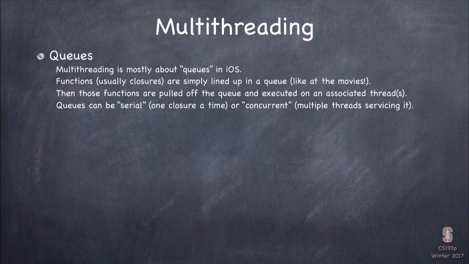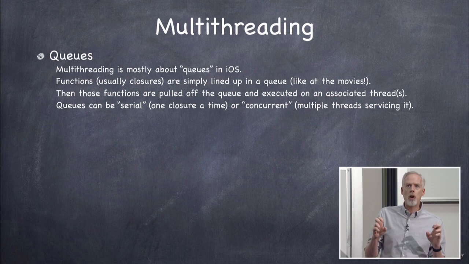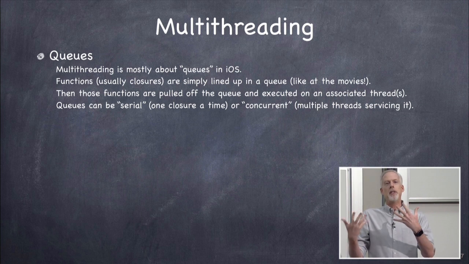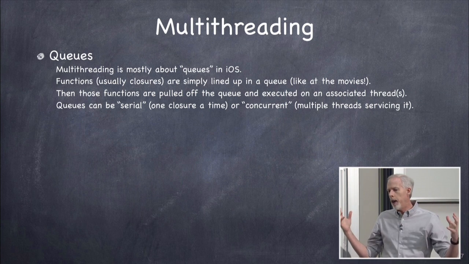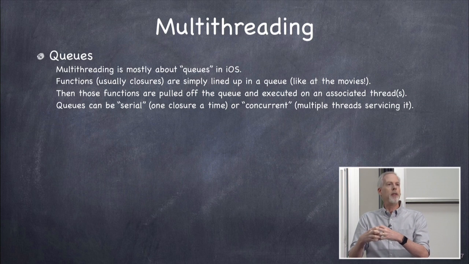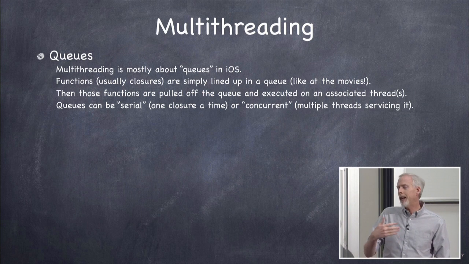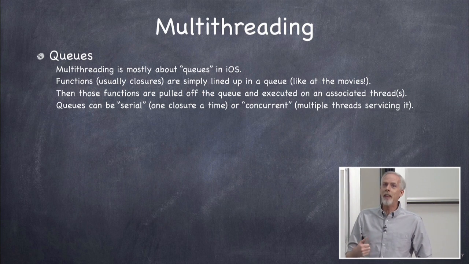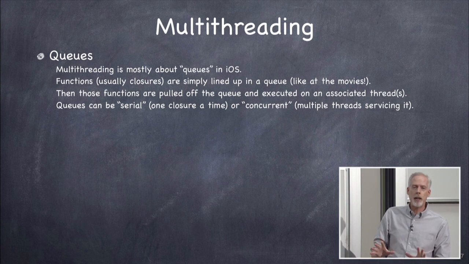All right, so multi-threading. There's two reasons, generally, that you want to do multi-threading, okay? One reason is you have a mathematical problem or some image processing problem that is best solved using some kind of parallel processing algorithm where you want to go off and do 1,000 things or 100 things at once, and then when they're all done together, you're going to combine the result or something like that. Okay, so that's an obvious need to do multi-threading. That's not the multi-threading I'm going to be talking to you about, okay? That's perfectly valid use of multi-threading, and iOS has some great API for doing that kind of design, but that's not what I'm talking about.